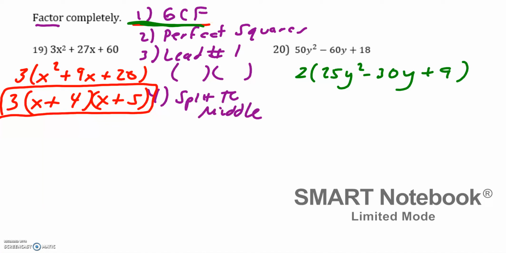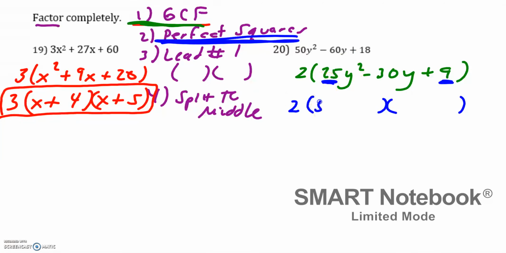After I take the GCF out, I look at my second step. Do I have perfect squares? In the previous problem, I did not, because I had a 1 and a 20. But in this problem, I noticed that my ends are 25 and 9. So instead of doing split the middle, why don't we keep the 2, write 2 parentheses, think to ourselves the